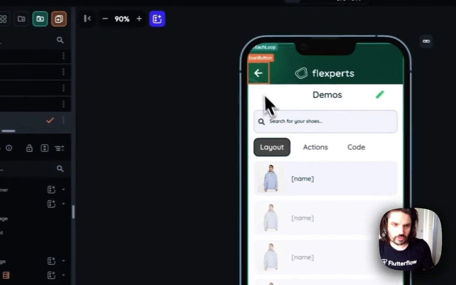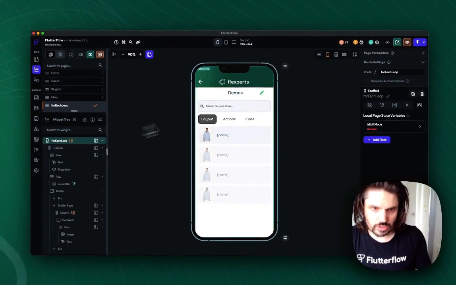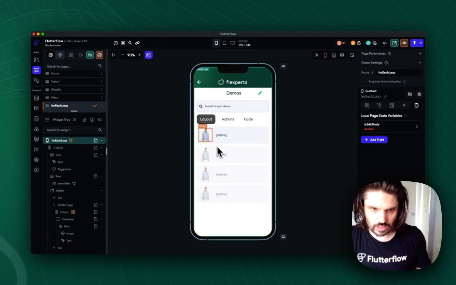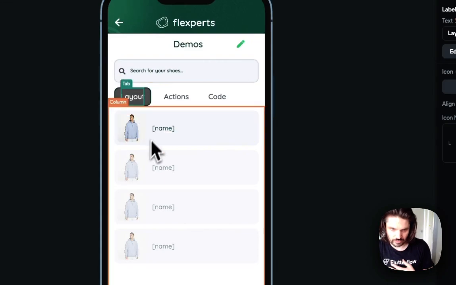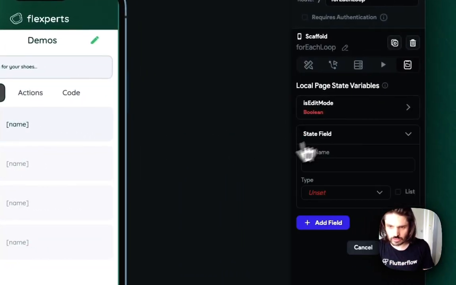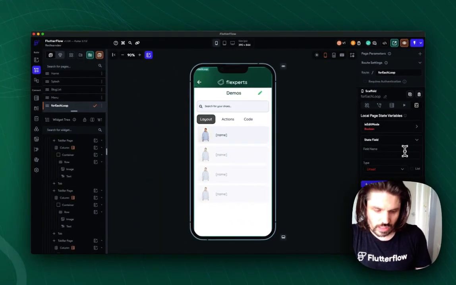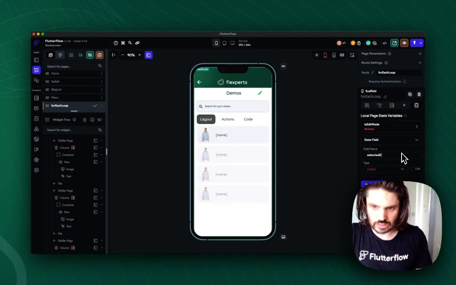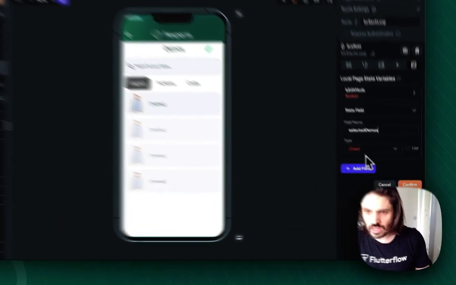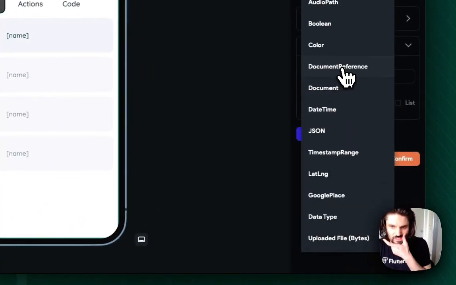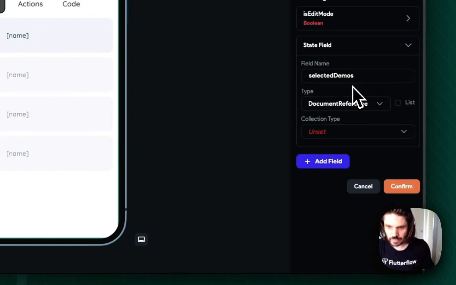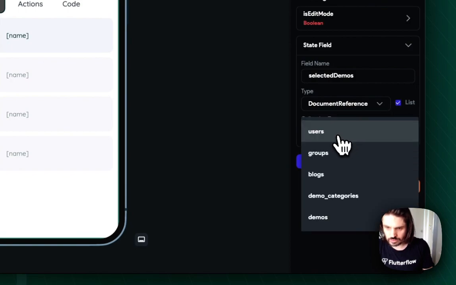Okay, cool. So for those of you who haven't watched the previous video, this page goes and grabs a list of demos, and then these are all the demos. Then these are the filtered versions of that, depending on the category. So what I want to do is create a list. I'm going to call this another local state, selected demos, and we're going to make that a list of document references. And so it's going to be a list, and what the category is